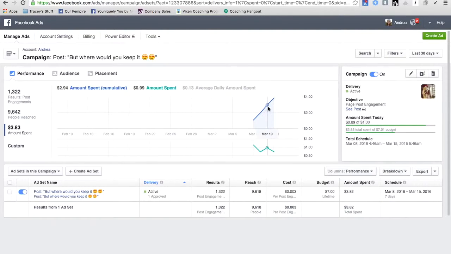And so as this ad has started picking up more steam, if I come back here to people reached, you can see my interactions per day. That reach is starting to go up of people exposed to my ad, but that doesn't necessarily mean that my interactions over the day